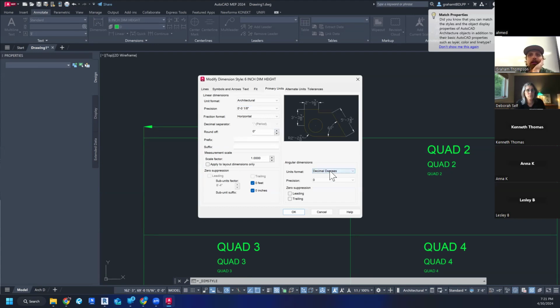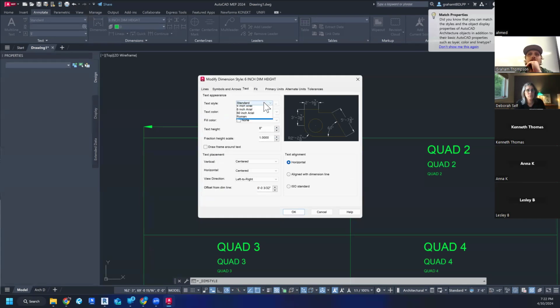And then last but not least, I want to go back to the text. Right now, we just said text height 6 inches, but that gave us a text using the standard text, right? Let's go ahead here and just choose our 6-inch Arial. That height is now going to be grayed out because you chose a text style that already tells you what the height is. So now that text is going to match the text that we utilize down here. Okay. So when I click OK